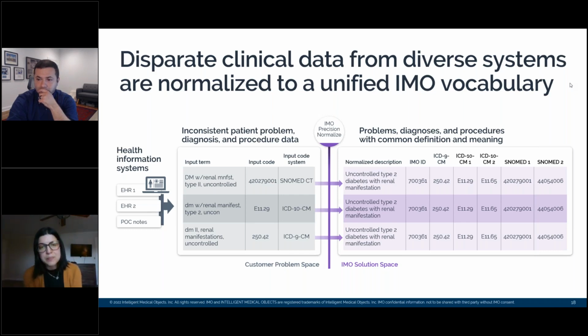Why does this matter? If you're looking to put together a patient cohort that encompasses all of your diabetic patients that have kidney problems, there may be a new treatment, a new medication that you want to do outreach about. You can't do that without that ICD-10 secondary code. That is where half of that information lives. And so while you may have curated and maintained a fabulous grouper to be able to pull these patients together, all 3 of these patients would have been missed in this example because they didn't have that secondary ICD-10 code. Precision Normalize future-proofs your descriptions for whatever it is looking to be pulled into, for example, that secondary ICD-10 code.